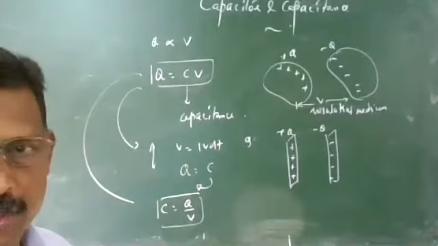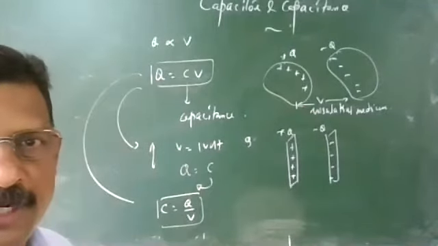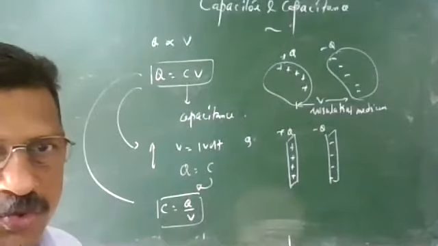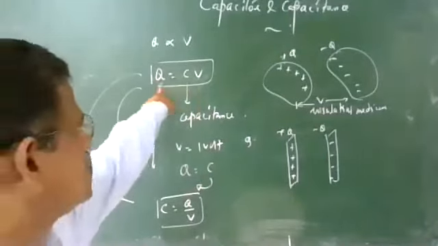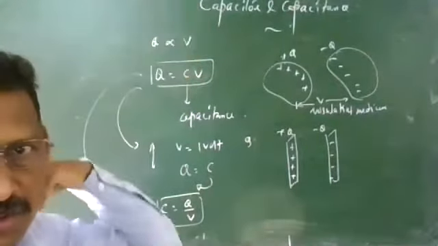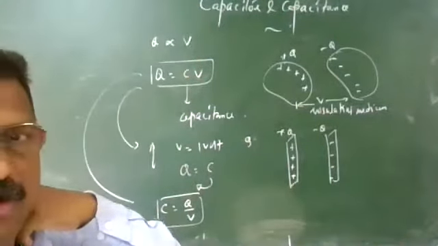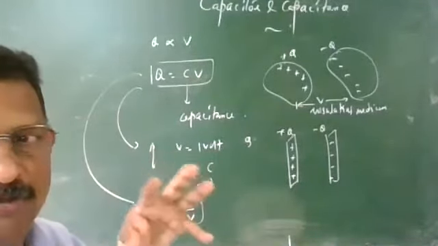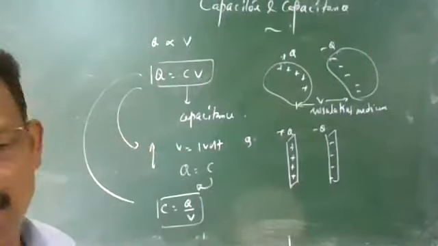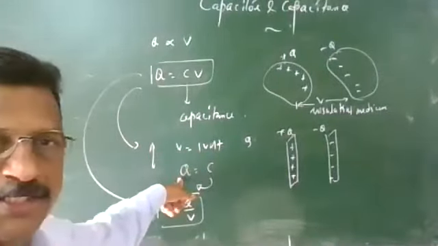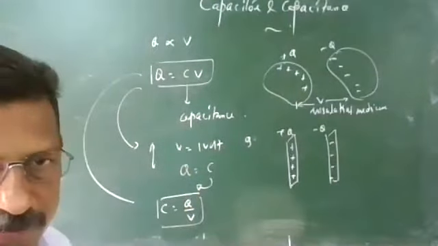Okay, distance between the two conductors and what type of insulating medium we are using. So on the way we'll recognize the more points. What is the most important relation? Q equal to CV, where Q is the amount of charge given to a capacitor. C is called capacitance. It is the capacitance of the arrangement, the ability of the system or conductor to store charge. It is numerically equal to the charge required to increase the potential through 1 volt.